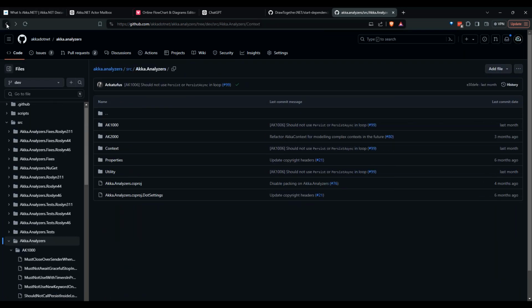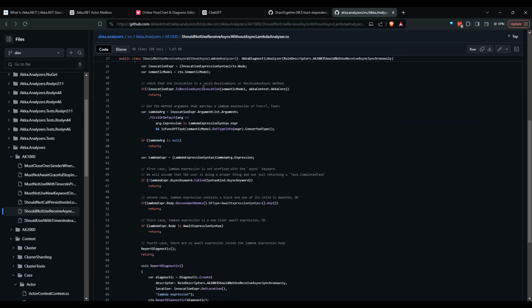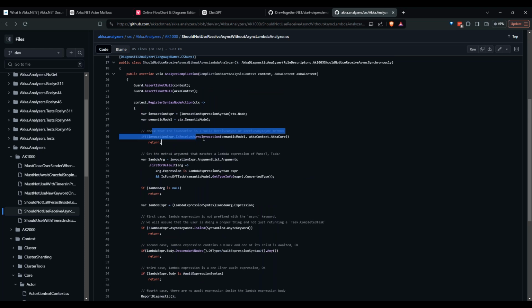But that extension method, if I go back to it, that extension method is performing symbolic equality. It's using the types defined by the actual .NET runtime and by the Akka.NET library to say, this is the method signature that we are looking for and that we are interested in analyzing. If this isn't the method signature that we're looking for, we're going to go ahead and return. And by the way, this method can also analyze things like derived base classes. It can go ahead and find, let's say, ReceiveAsync invocations that are implemented on base classes and that type